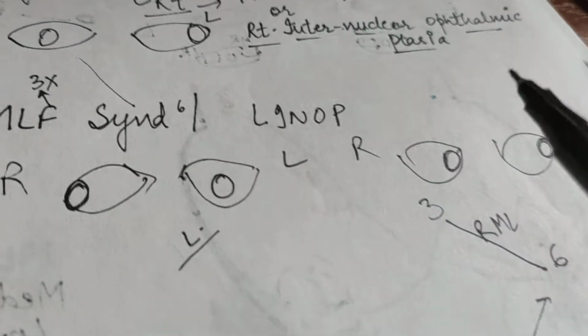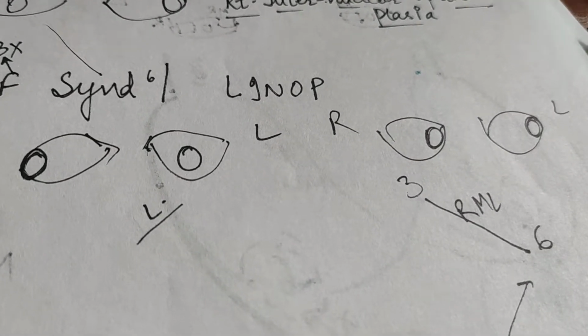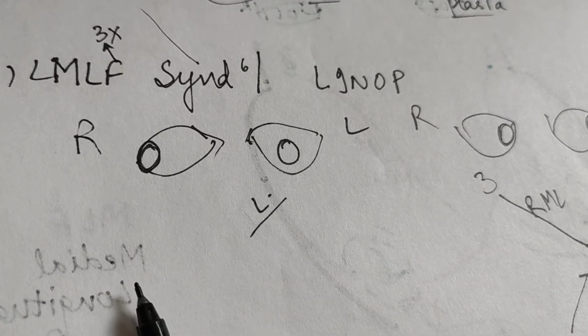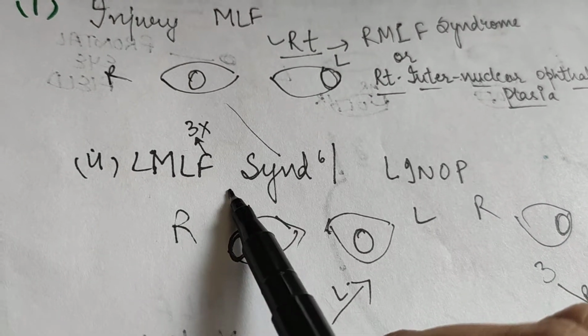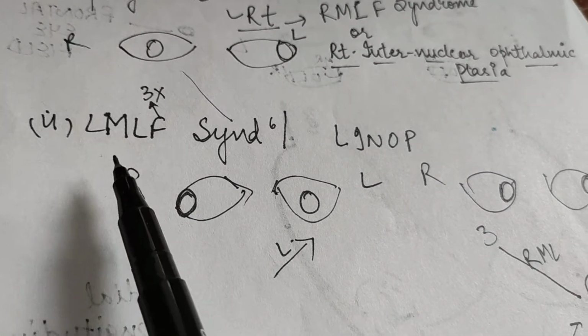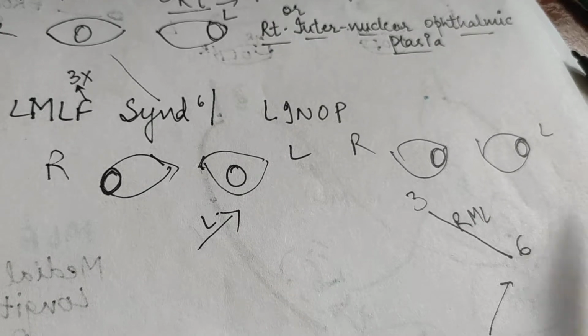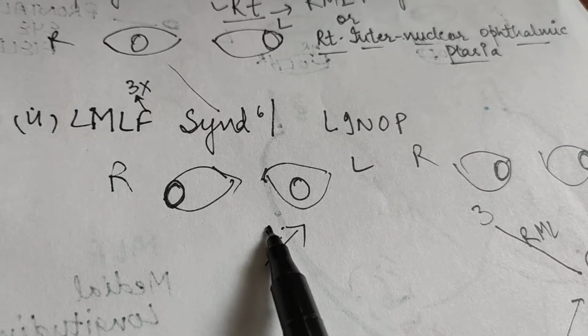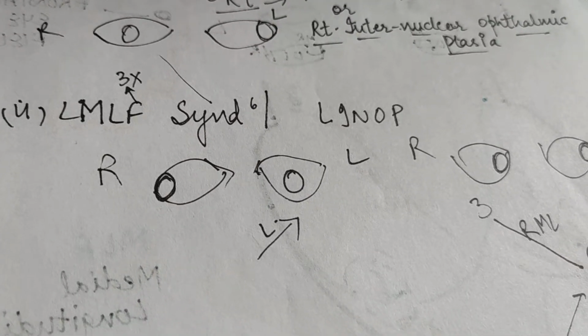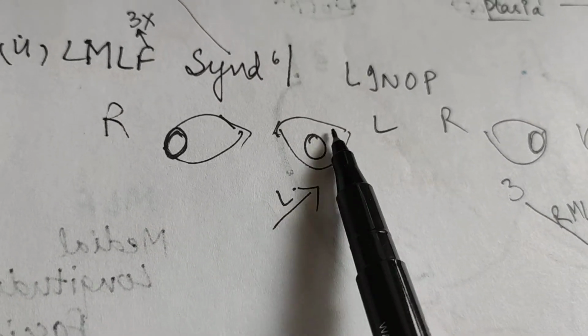So this person can look towards the left normally, but cannot look towards the right normally. If the left MLF is not working, then the contralateral, right-hand side eye cannot